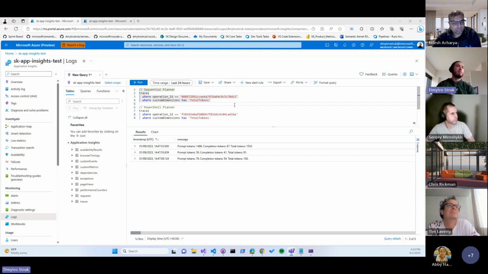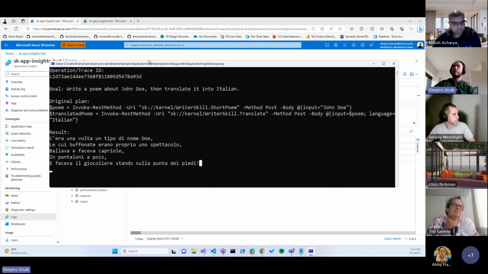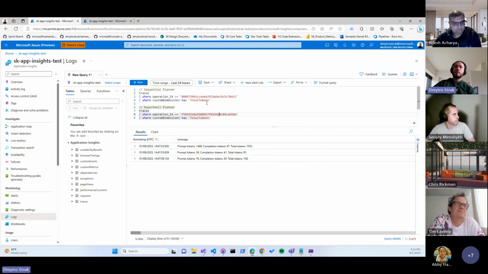Every time we send a request to OpenAI, and if we configured our telemetry host previously, and in this case I'm using Application Insights, we'll be able to see token amounts in logs. For example, here I have this operation ID, I can copy it, and here I already predefined some queries. And here I can see that for plan generation,